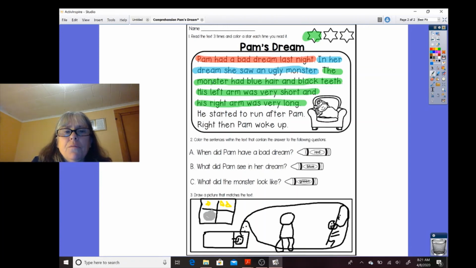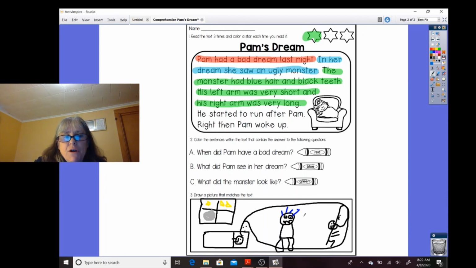So the monster had blue hair and black teeth. All right, so I'm going to give him the black teeth first. I'm going to give him zigzag monster teeth. Some scary monster eyes. So the monster had blue hair. So let me get my blue. We'll just give him spiky hair. So he has blue hair and black teeth, and